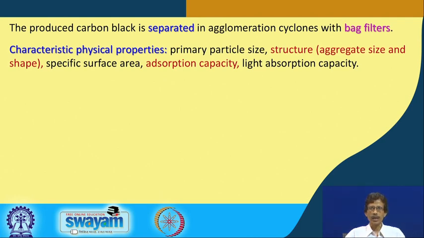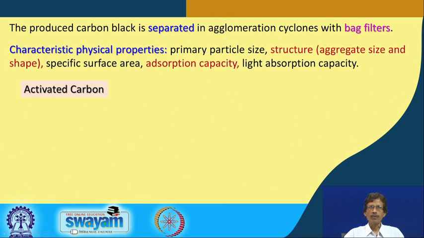Then obviously the adsorption capacity, because some of these carbon blacks are very useful in the decolorization of some matter, or the adsorption of some chemicals, or adsorption of some catalyst. And finally the light absorption capacity, because since it is ideally a very black material, black material always can have a typical light absorption behavior, and depending upon the different types or forms of this carbon black material, we can have a different variety of these absorption behaviors. So based on the light absorption capacity, we can characterize type 1, type 2 or type 3 of these carbon black materials.